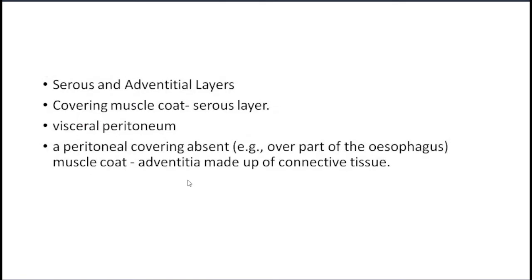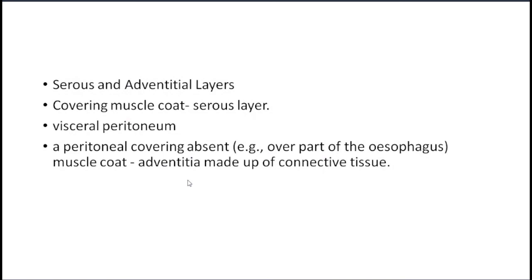Now coming to the serous and the adventitial layer. Outside this muscularis externa you will get the serous layer. Mostly it is nothing but the visceral peritoneum, which covers most of the part of the GIT tract. In some places the peritoneal covering is absent, and at that part it is called the adventitia, which mostly consists of loose connective tissue. You should know what is adventitia and what is serosa. Serosa means loose connective tissue plus peritoneum. If peritoneum is absent, then it is called the adventitia.